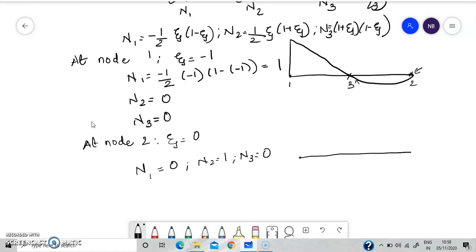So here it is node 1, this is node 3, and this is node 2. So we have 1 and we have 0 and 0. Okay, so this was the variation of n1, this is the variation of n2,